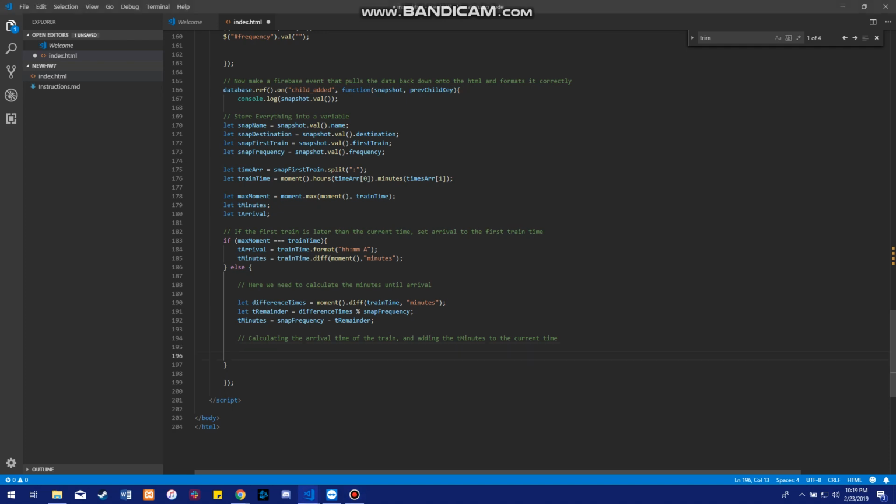Okay, so not very far to go here. So we're going to do T arrival, which is something we had acted upon up here. Let's see. T arrival equals moment